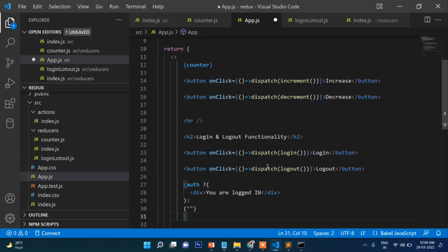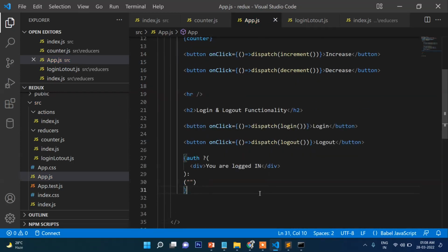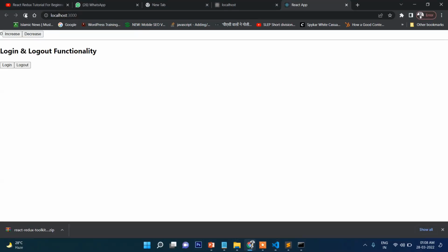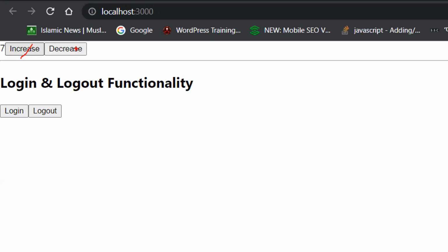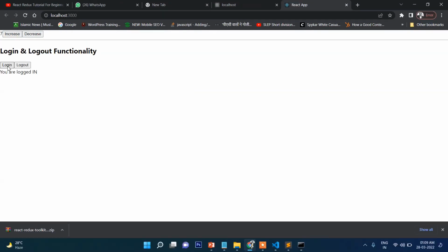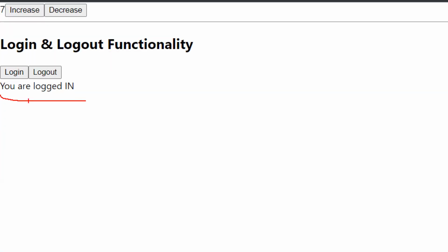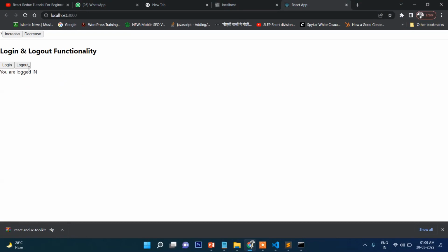Okay, now let's go to the browser and check. So this increment decrement is working perfectly. You can see here increment and decrement is working, and now I will click on login and you can see the state is changing here and it says you are logged in, and if I click here then it is logged out. So if you want, you can also put your message